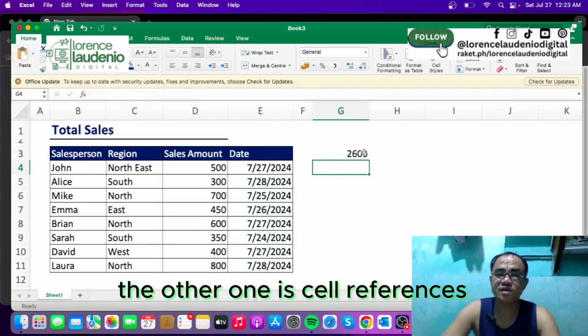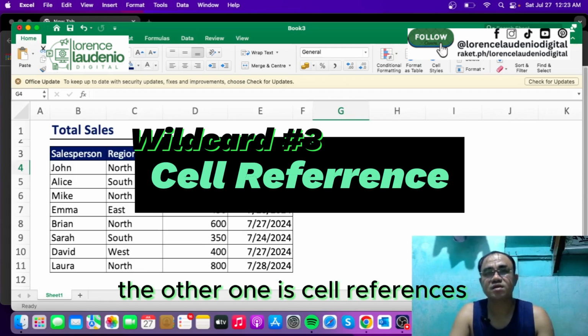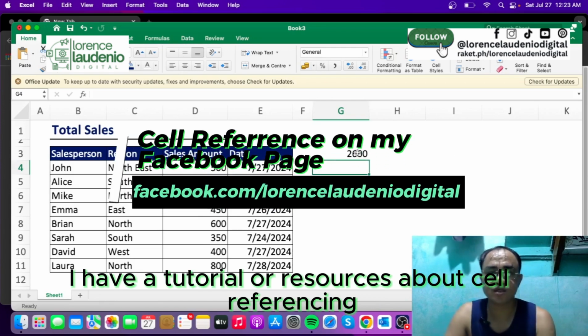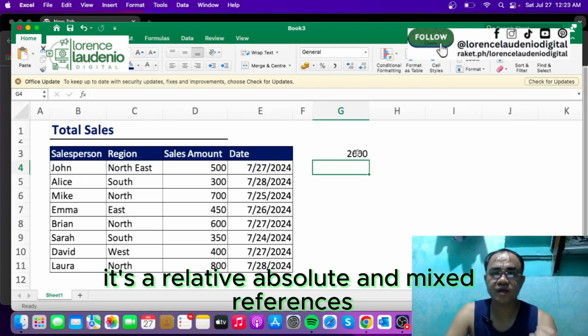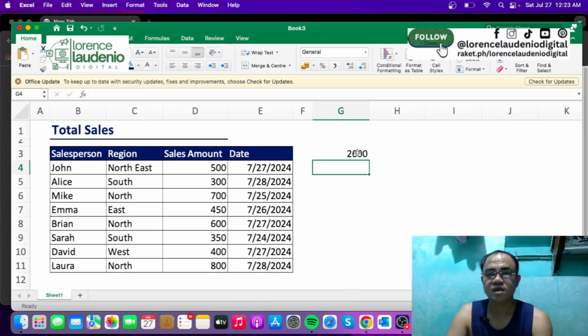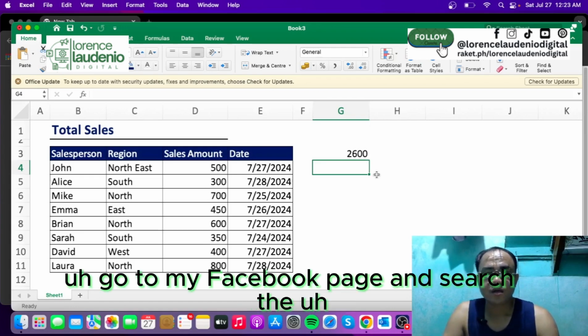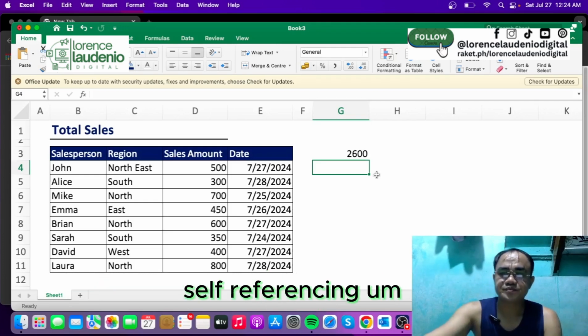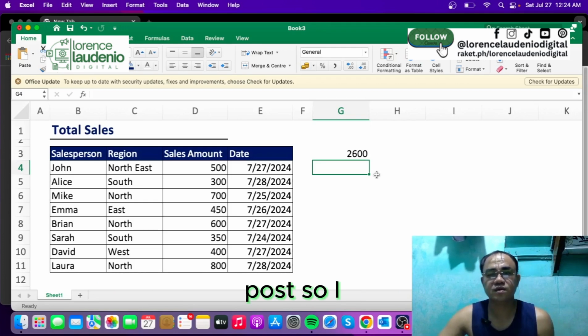Okay, the other one is cell references. Anyway guys, I have a tutorial or resources about cell referencing. It's relative, absolute, and mixed references. Go to my Facebook page and search the cell referencing posts.